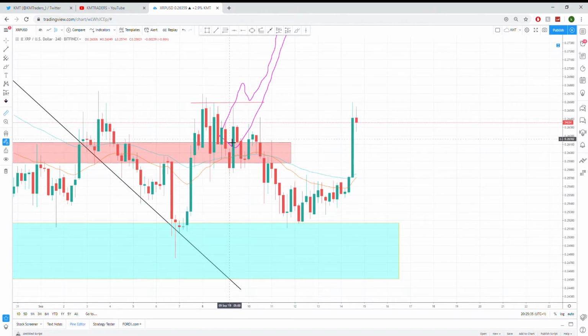Now logically, if I didn't draw this out, for this to go lower, we would have to be convinced that this zone is acting as a resistance. Now, price came lower here once, but it didn't act as resistance because we had this huge closure to the upside. Now, what convinced us at this point to go lower was because we had the closure to the downside, rejection twice with this huge candle wick to the upside, which sent price to the downside to test our blue